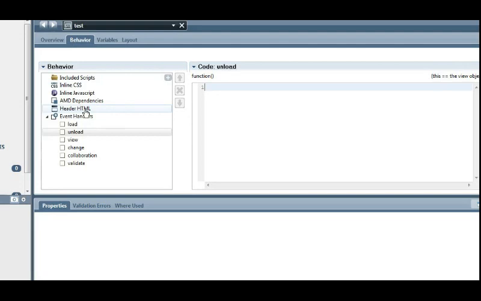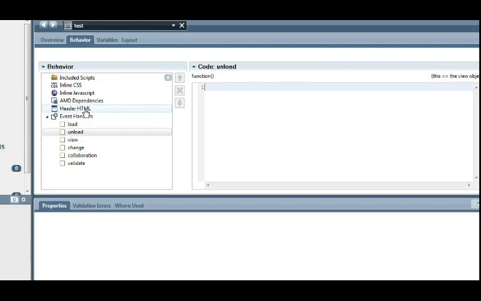Then comes the change event handler. This is one of the important event handlers which will be executed when one of the parameters of the coach view, such as configuration options or binding, etc., changes. So when we need to rebind the values of coach view elements when a value in one of the variables changes, or if we need to execute a script if the value of one of the variables changes, then the corresponding script can be placed in the change event handler. There are different events which we can discuss in some other session.